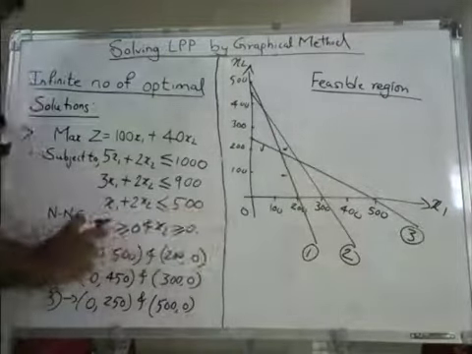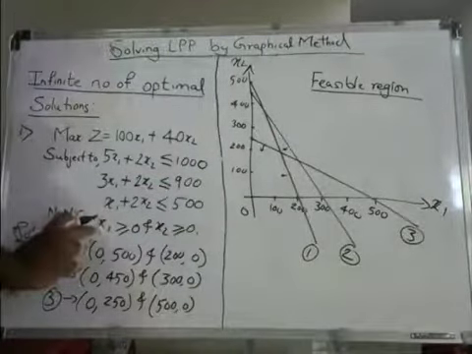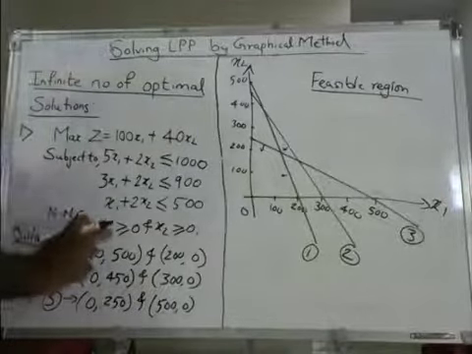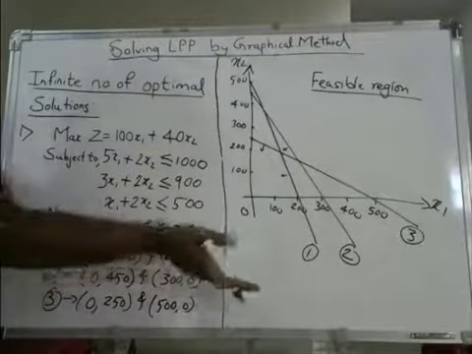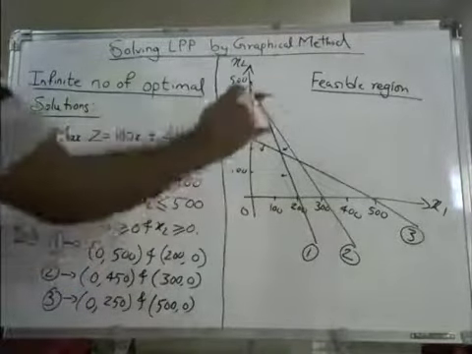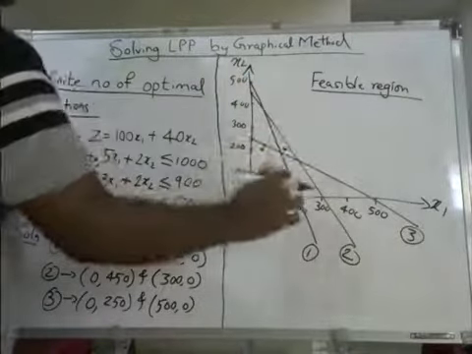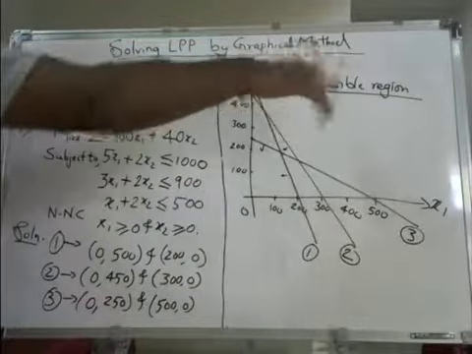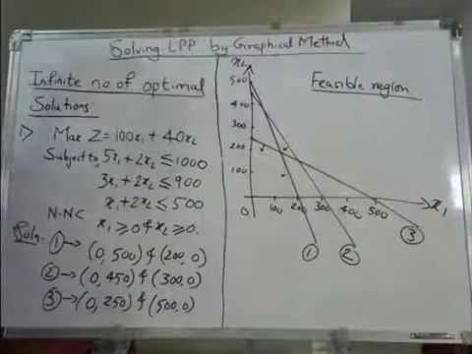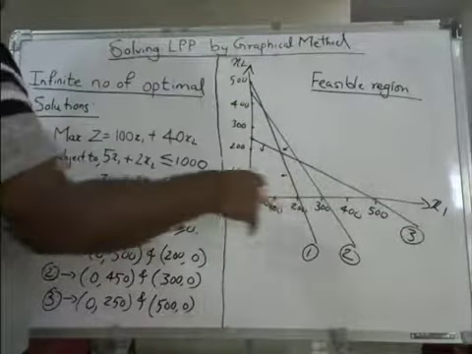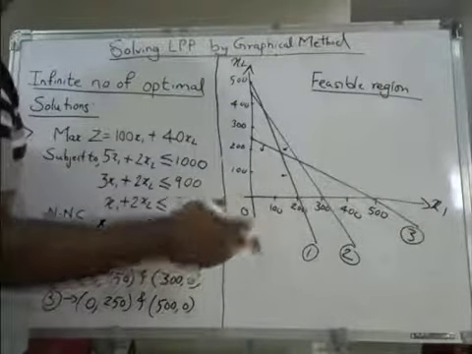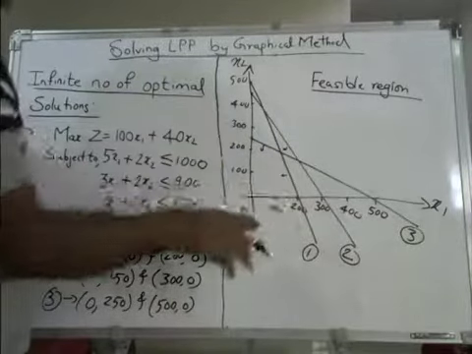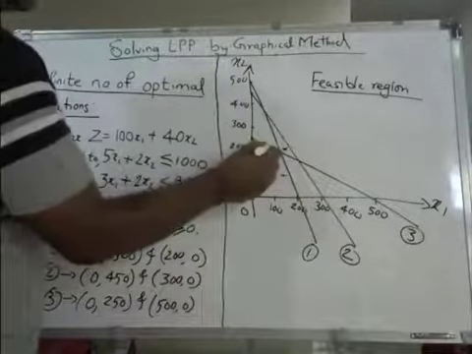And the non-negativity constraints say that x1 is greater than 0 and x2 is greater than 0. That means the feasible region should be in this quadrant. So if we take the common area for all these 3 lines of 3 equations, now this is the